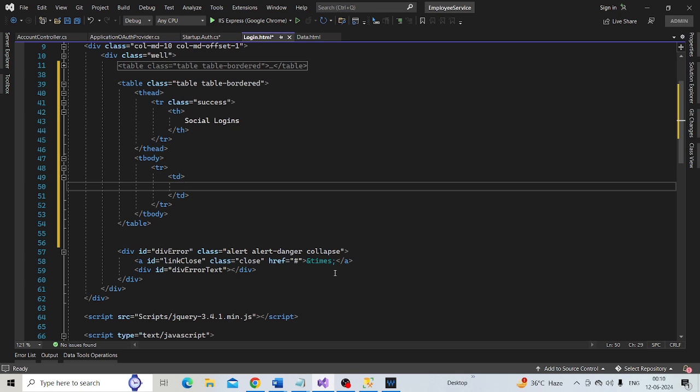Then we need a button for Google login. So let's include an input element of type button. Let's give it an ID. Let's call it btnGoogleLogin.